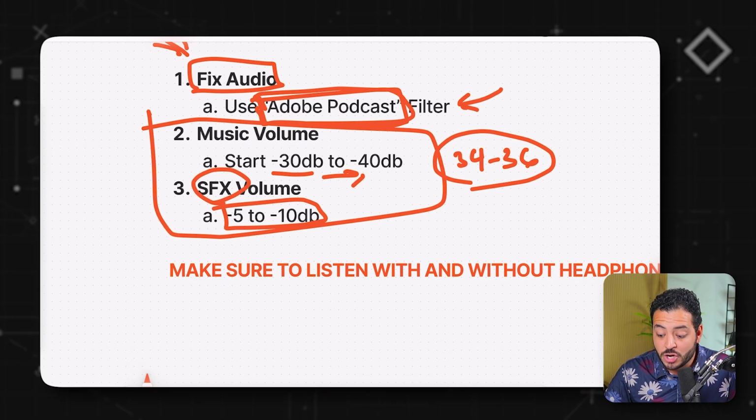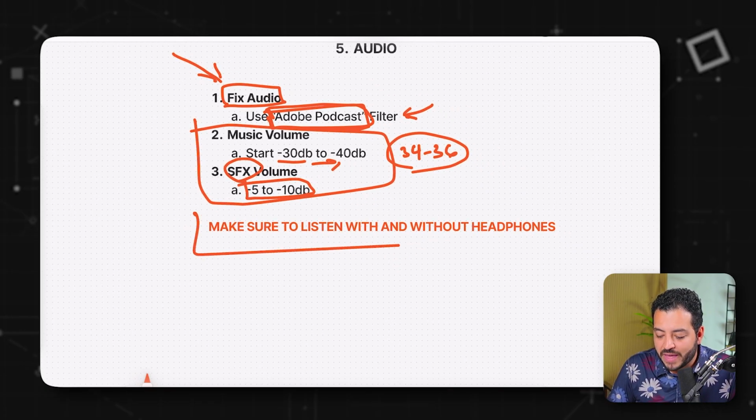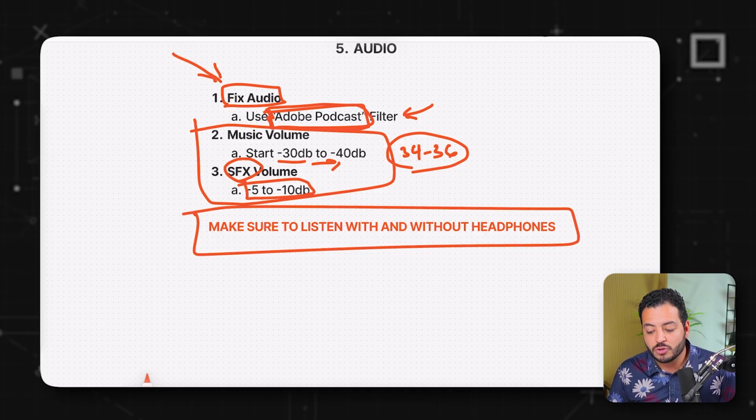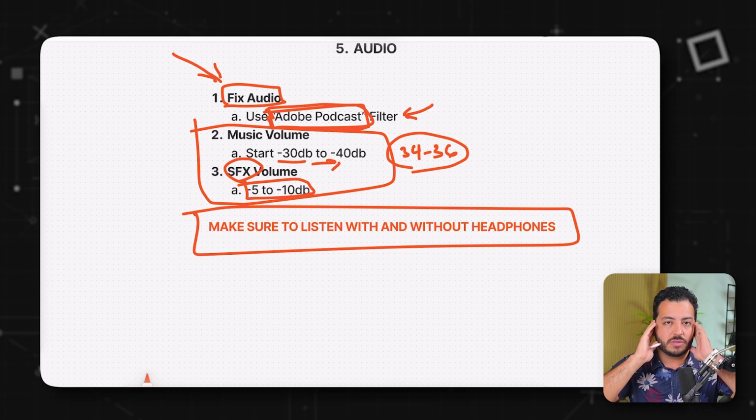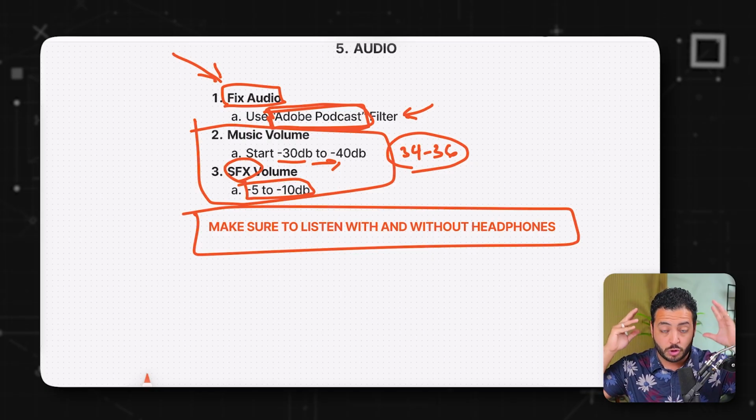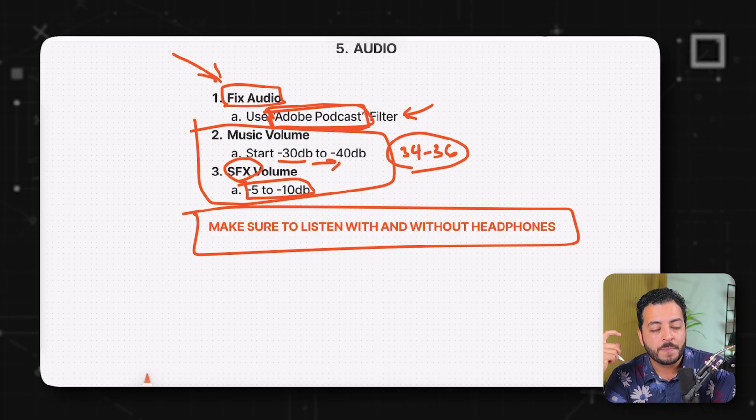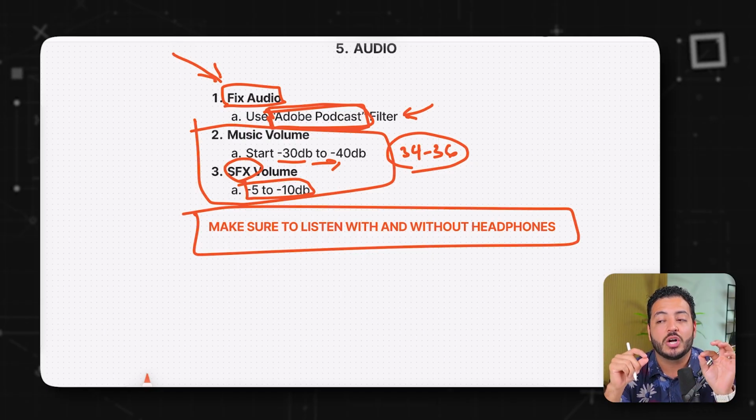Right now, on that note, I would do the headphone test. So you need to make sure that you listen with and without headphones, right? Again, send this to your editor with and without headphones. Because, as an editor, a lot of times they'll edit with headphones in, right? Whether it's earbuds or straight up headphones. And the thing is you can hear a lot of the nuances in there. But what happens is when you unplug that and you actually play it from your speakers, the audio is very different, right? So what you want to do is basically monitor it, with and without,